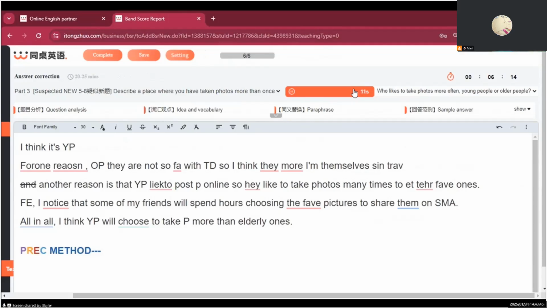And yeah, the older people somehow don't want to take so many pictures nowadays because they think that they would like to spend more time